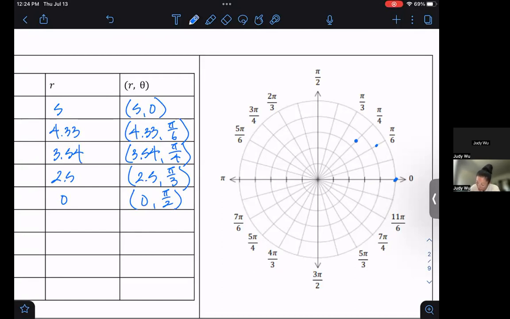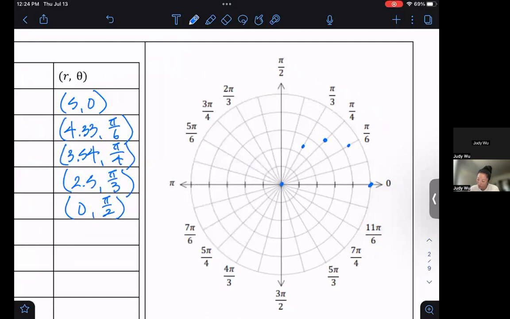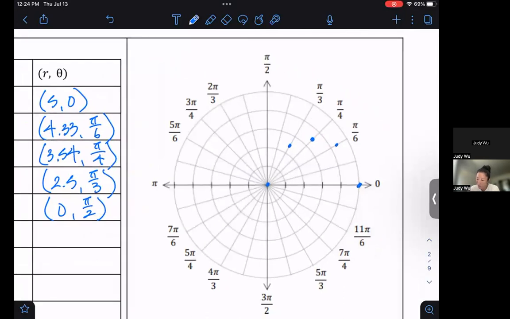I'm going to go to pi over 3 and go out 2.5. And I'm going to go to pi over 2 and go out 0. Okay. Now, if I zoom in, these are not perfectly plotted points, but I can start to see that I have the top half